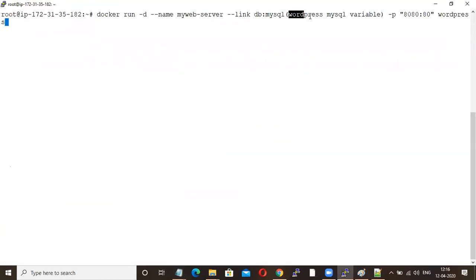Here, docker run -d is background. This is the name of your container, and I'm using --link.